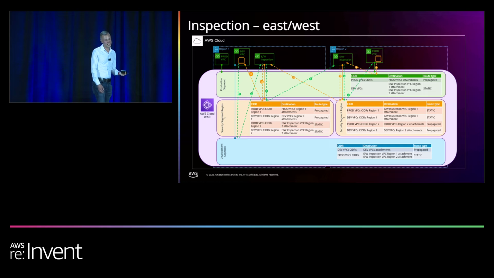Now, this is a lot easier than some of the other inspection architectures that are out there, especially if you need to centralize this and do this at scale. It is certainly a solution to be able to do that. You might notice that this will work today within one AZ. There is a feature, if you're tracking with Transit Gateway, called appliance mode, and that allows us to keep traffic within a single AZ, or spread traffic and ensure flow symmetry.